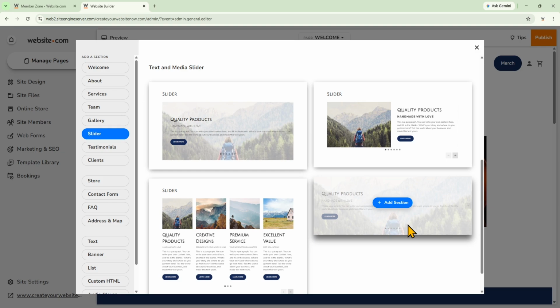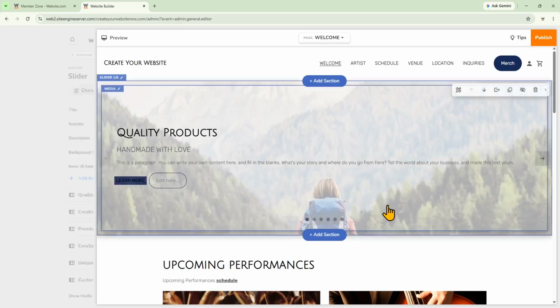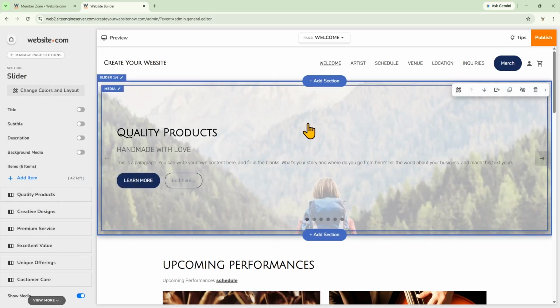Now this layout right here is great because it has no padding on the top or the bottom, which means the image extends all the way to the edges of the section, which gives a very grand feel. So I'll click add section. You'll notice that for this layout, the slideshow itself has the overarching title and description toggled off, which is why the only text that appears on this slideshow will be the titles, descriptions, or buttons for each slide. And I'll show you more in depth what I mean later on in this video.